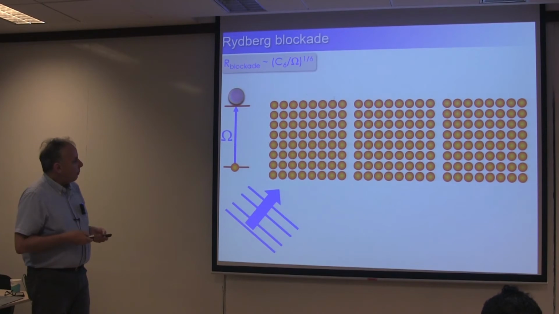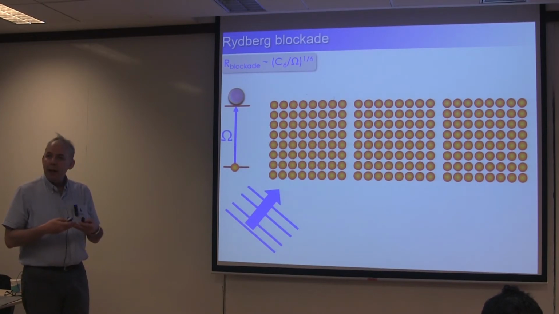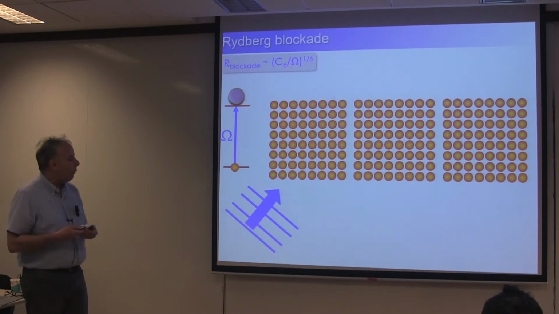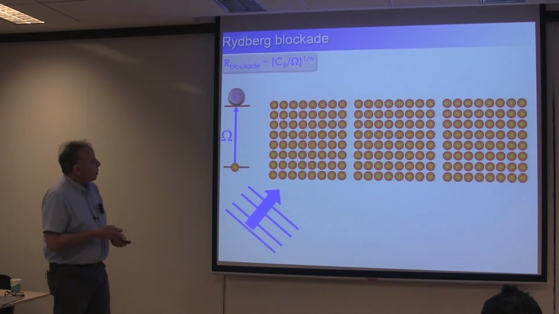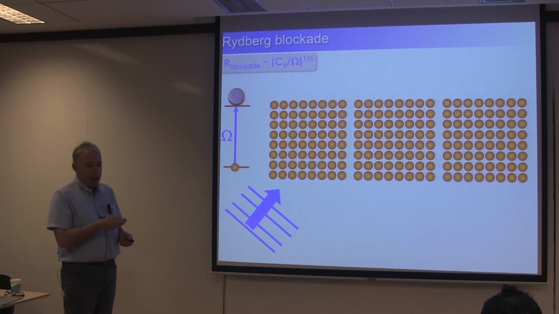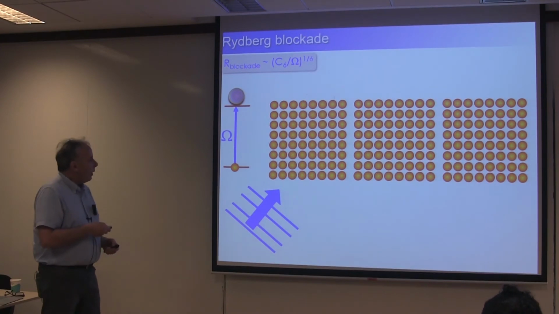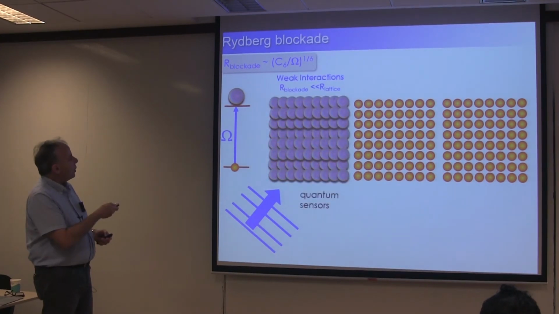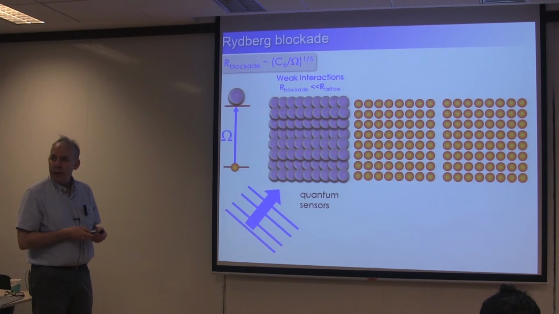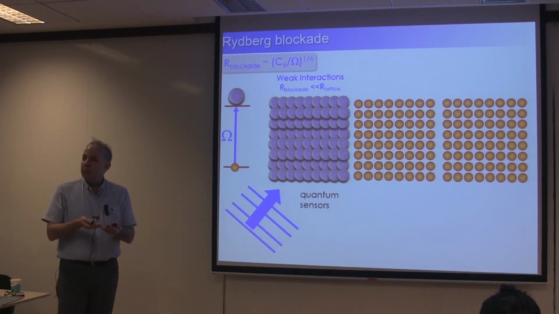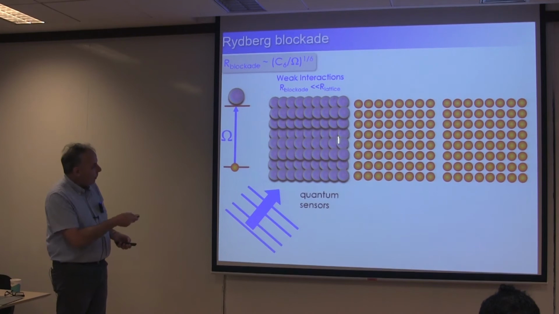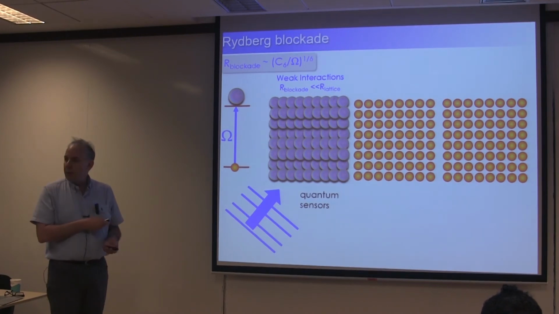So the Rydberg blockade mechanism prevents more than one atom at a time being Rydberg excited if they're too close together, yet there are a couple different regimes one can think about exploring with this interaction. Supposing I have a 2D array of atoms laid out, and I uniformly excite this entire array with some optical field coupling me up to a Rydberg state. There's a regime of weak interactions where the blockade distance is small compared to the lattice spacing, the separation of atoms. In that regime, I can excite multiple atoms at the same time. And so if I illuminate the entire array, I'll simply excite all of these atoms up to the Rydberg state.